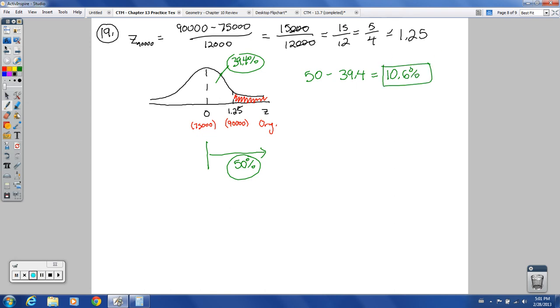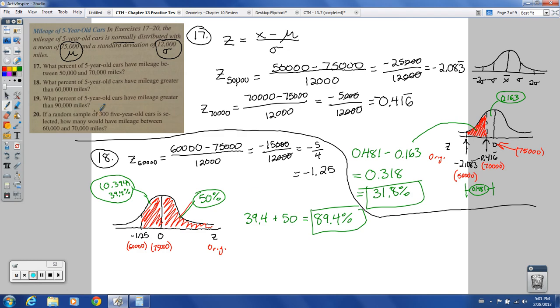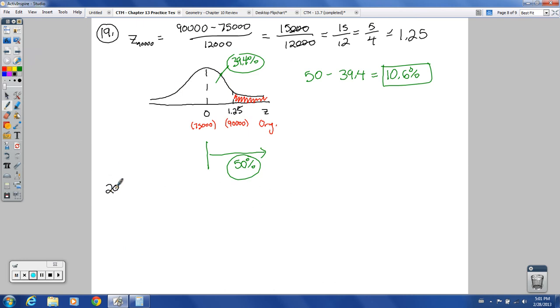And then finally number 20, let's see what 20 says. If a random sample of 500 5-year-old cars is selected, how many would have mileage between 60,000 and 70,000 miles? So we're going to use the z-scores for 60,000 and 70,000. We already determined what those were though. It was negative 1.25. It was negative 0.416. So I'm just going to rewrite those things down. The z from 60,000 was negative 1.25, and the z-score for 70,000 was